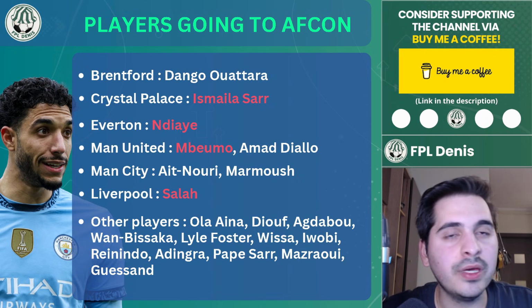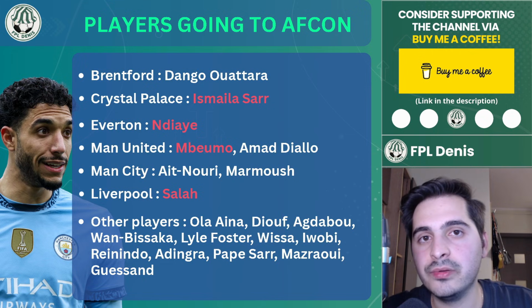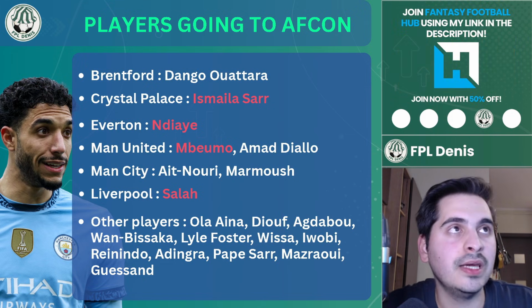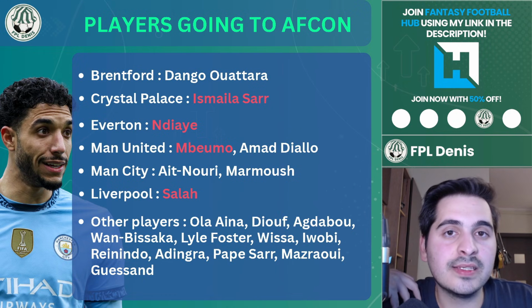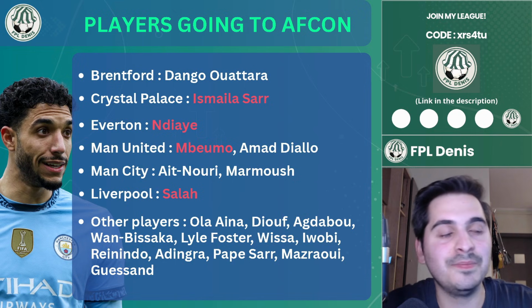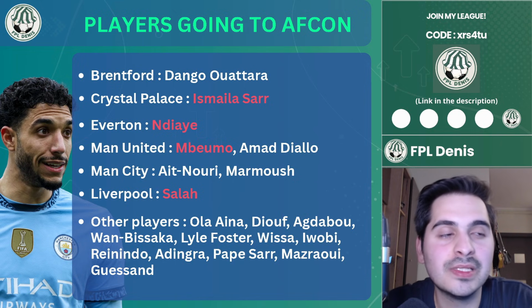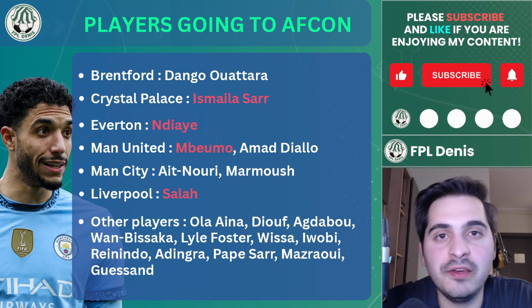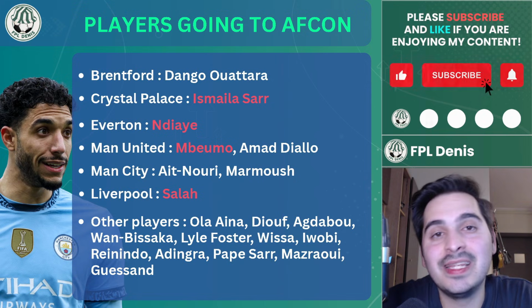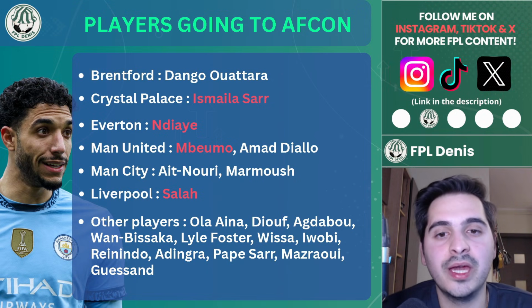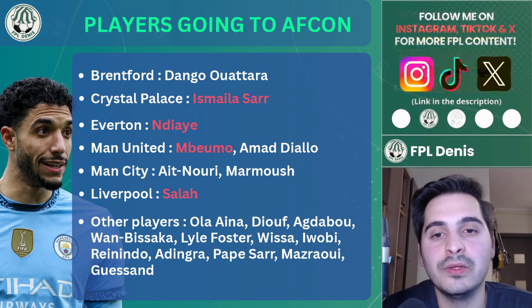So if someone like Ekitike is going to get injured, Alexander Isak becomes a really nice option, obviously. And probably I would say Alexander Isak is going to be on penalties if Mohamed Salah is going to be out. But again, we need to see if that's going to happen. So just take a look at how this is going to impact Liverpool. Let's see how Liverpool are going to perform after that and until that. And then we can make some suggestions. Maybe someone like Gakpo is going to become an option at that point. But yeah, there's a long way to go till that.